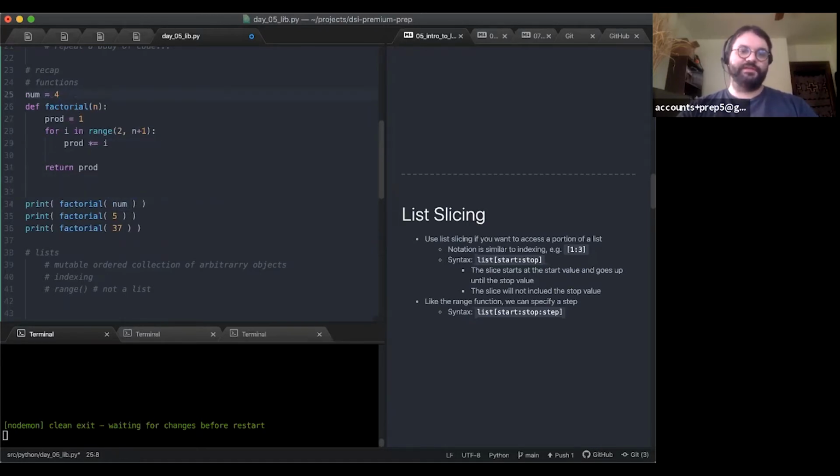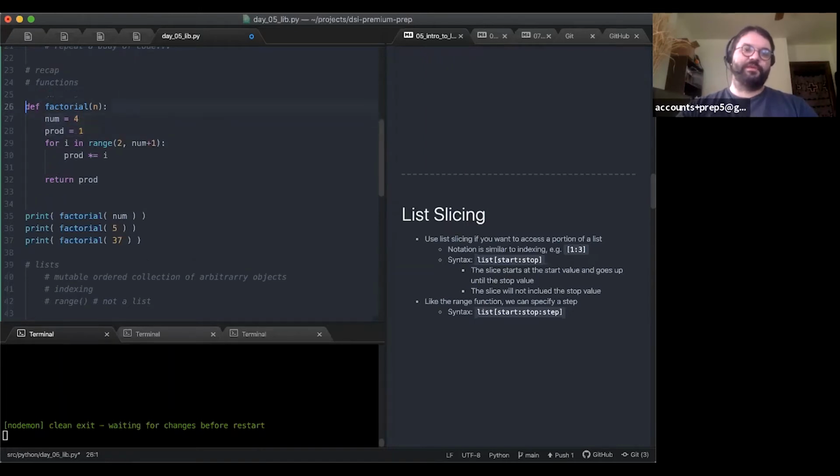It should not do this, num, right? We should never do this. We can set local variables in the function. If we have something that's global, the local version will override it.